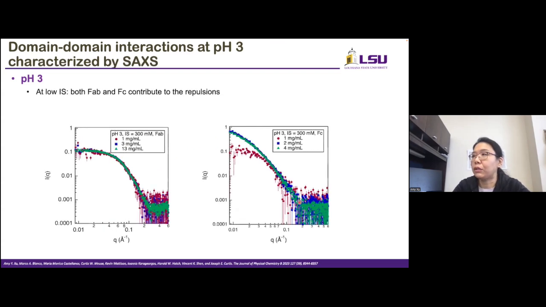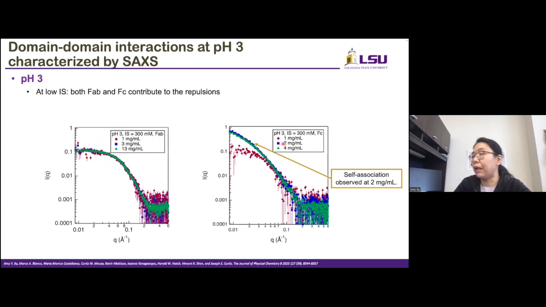So what happens in the 300 millimolar ionic strength case then? We measured the Fab, and the Fab doesn't seem to have any interactions, even when the concentration is as high as 13 milligrams per mL. However, for the Fc domain at pH 3 but high ionic strength, as soon as the concentration increased to 2 milligrams per mL, we can see the Fcs forming aggregates, so they self-associate at a concentration as low as